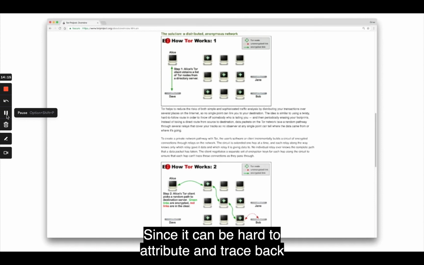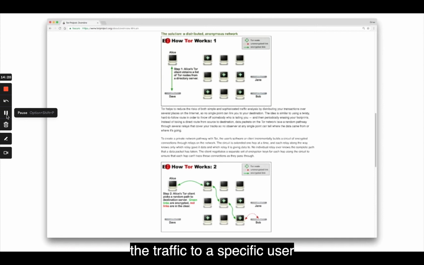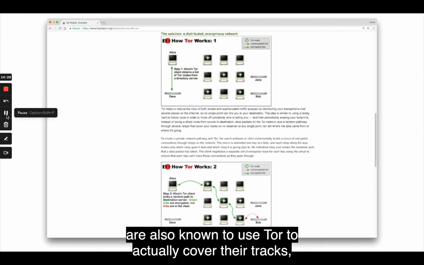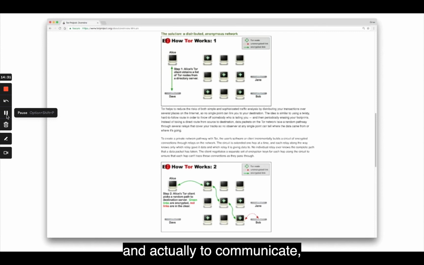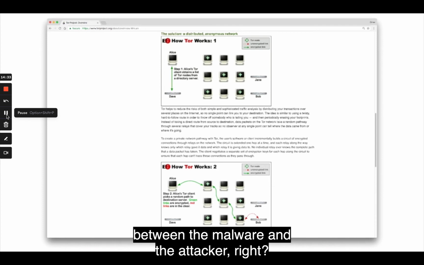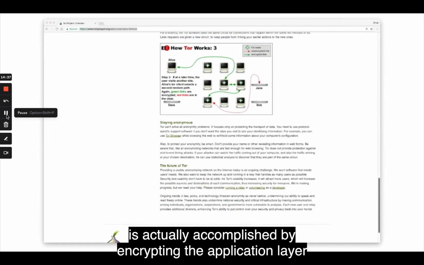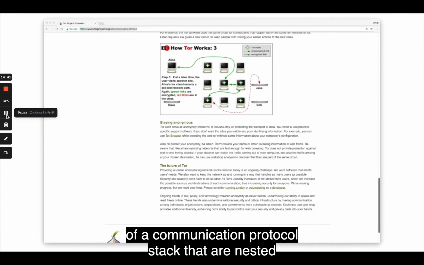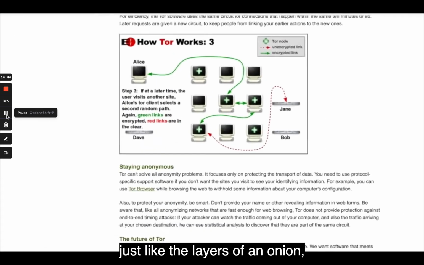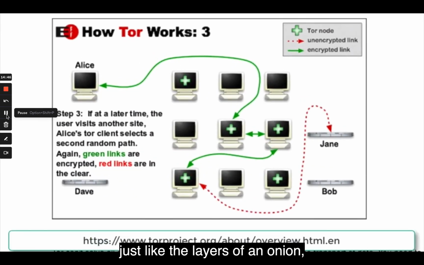Since it can be hard to attribute and trace back the traffic to a specific user, right? So different types of malware are also known to use Tor to cover their tracks and to communicate between the malware and the attacker, right? So this onion routing is accomplished by encrypting the application layer of a communication protocol stack that are nested, just like the layers of an onion, thus the name